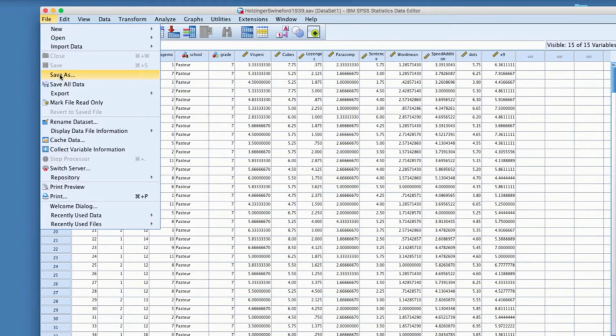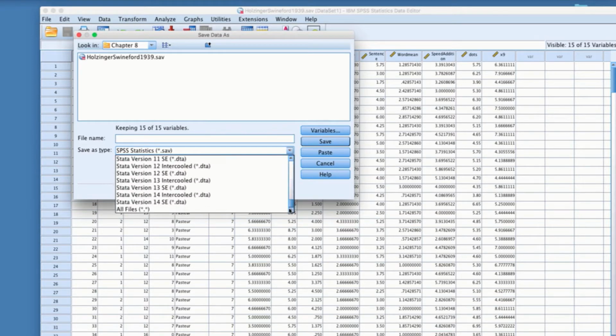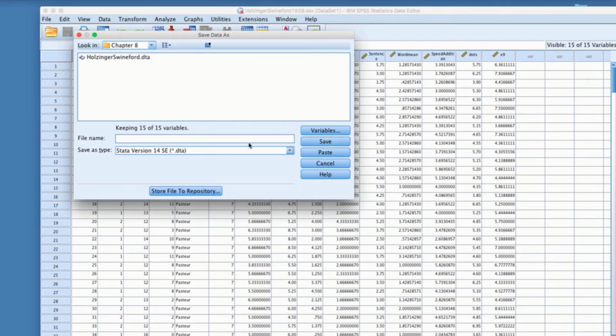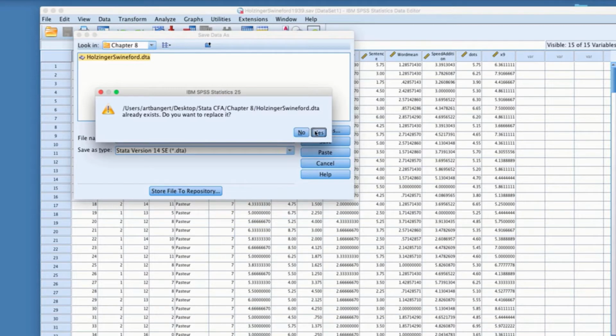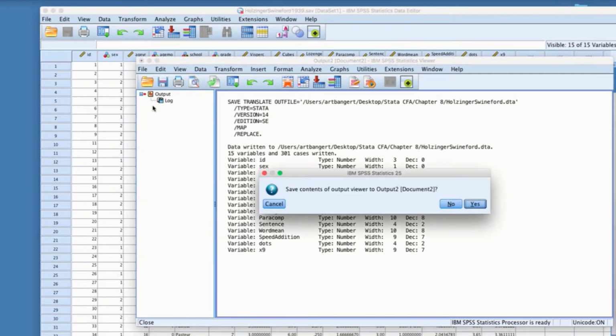We can just go to Save As, and I'll go ahead and save it again, scroll down to version 14 of Stata, rename the data file, and save that. So now that I have the data file saved,